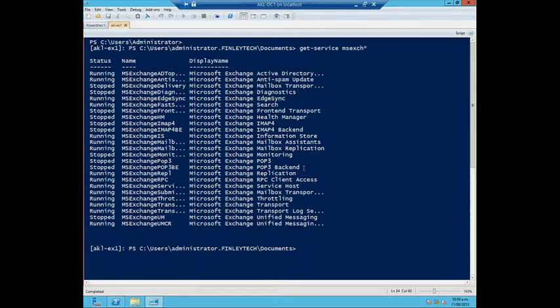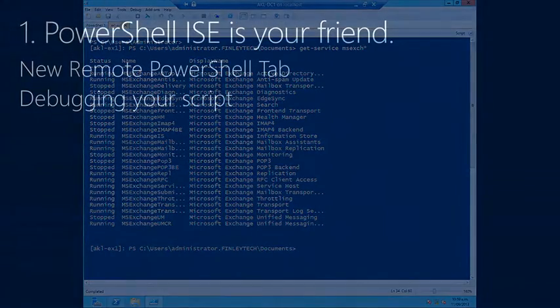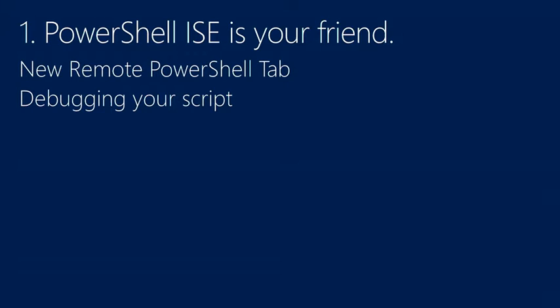Like I said, even if I'm not scripting, I can work in this live, so I can do these things. Now, there is a little bit of a gotcha to that, but we'll talk about that in just a little bit. So that's the first thing. PowerShell ISE is your friend. I find more and more I just work in that all the time rather than the default PowerShell windows.